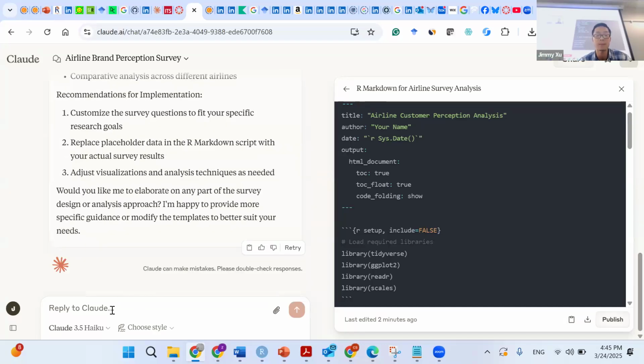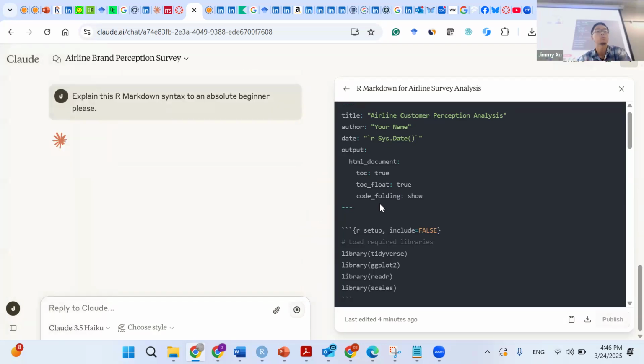So now, let's say I'm going to add one more prompt. Explain this R Markdown syntax to an absolute beginner, please.